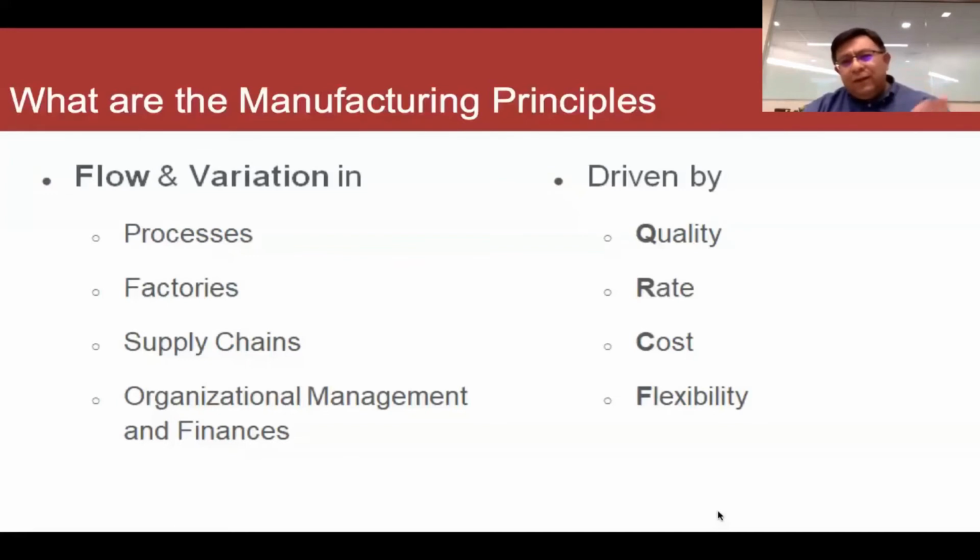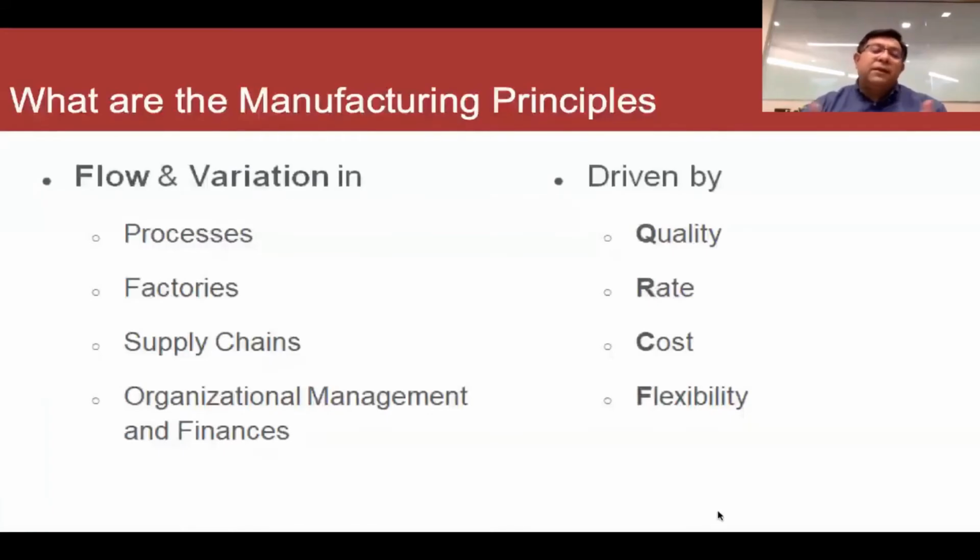And so we see flow, of course, in individual processes when we're talking about work in progress. We also see that in factories when we see the manufacturing lines interacting and seeing how we have transfer of product as well as information. And of course, outside of the factories, in the supply chains, when there's raw material coming into the factories and then finished product going out to the customers, there's obviously a lot of flow of material, but a lot of information as well.